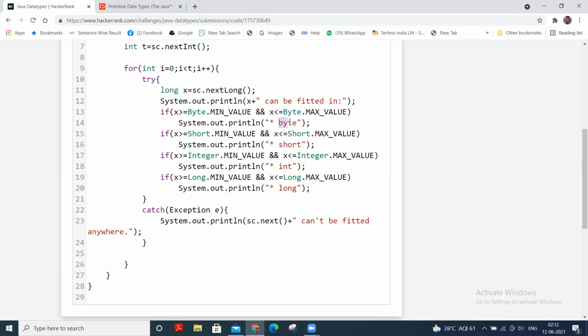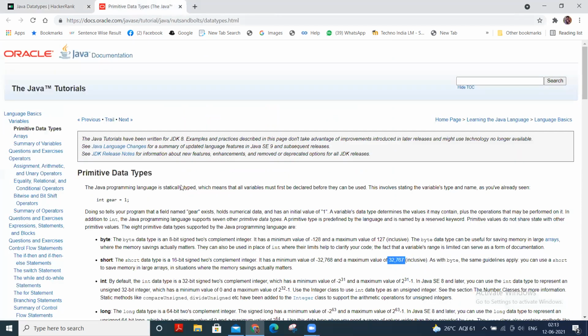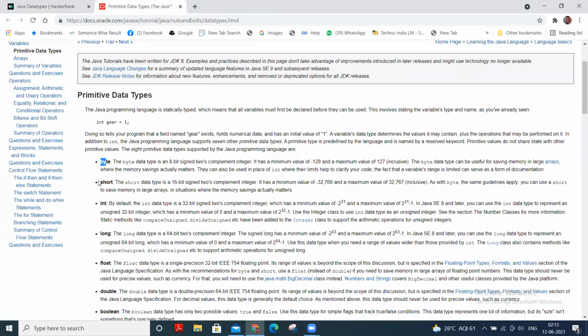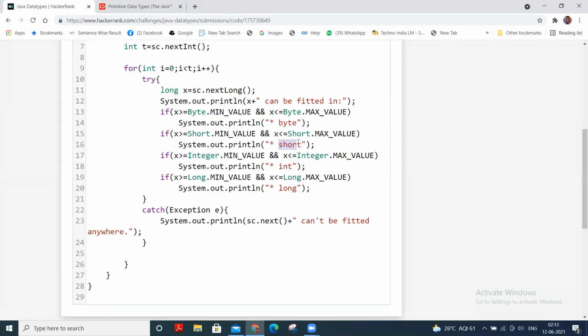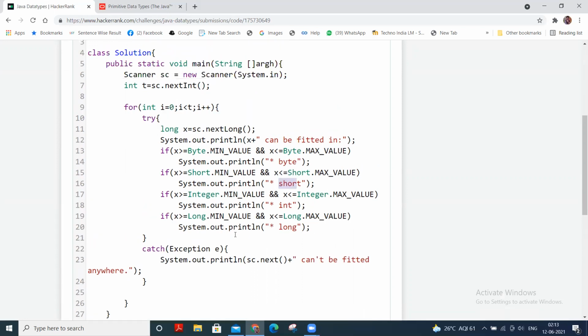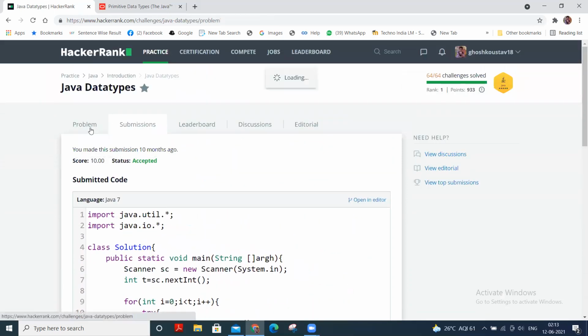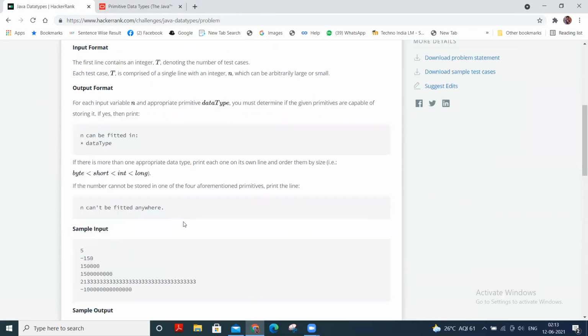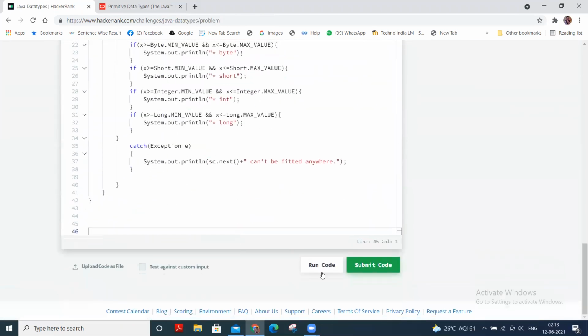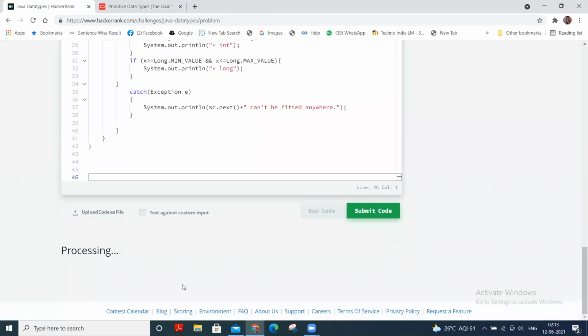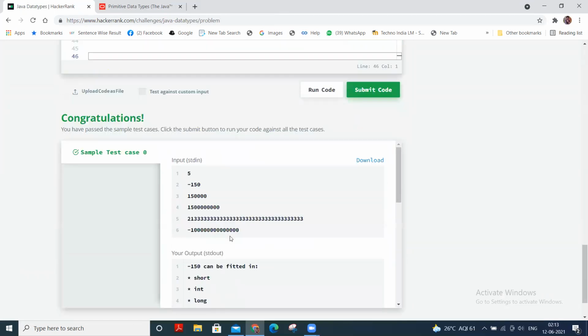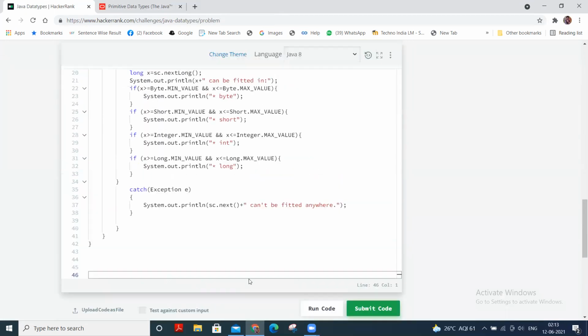But in the case of the primitive data types, byte is with a small b, short with a small s, like byte, short, int, long. So those are also in the same way. If you do this, you can submit it successfully. After running it, all test cases passed, and then you can submit it.